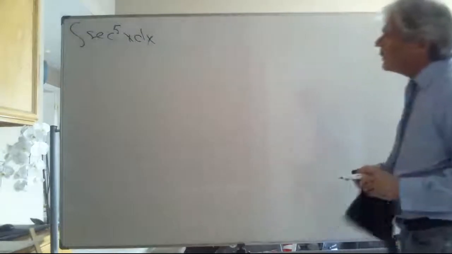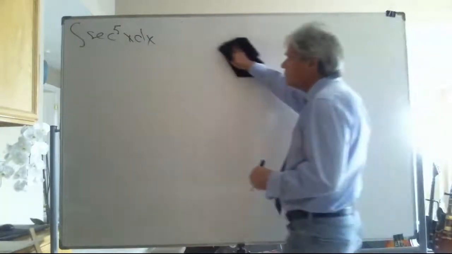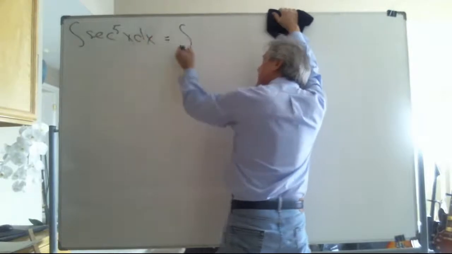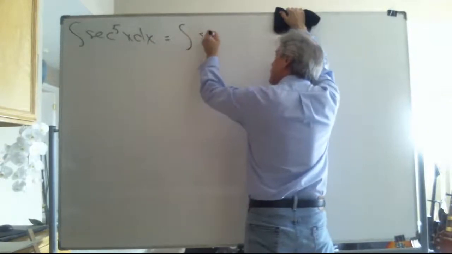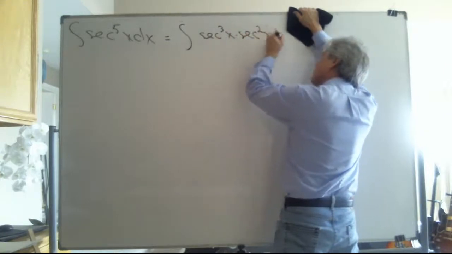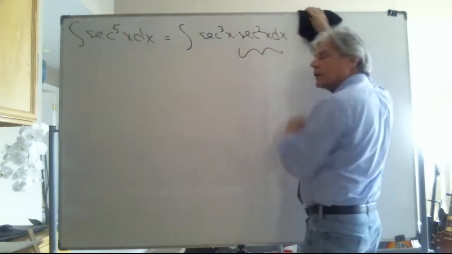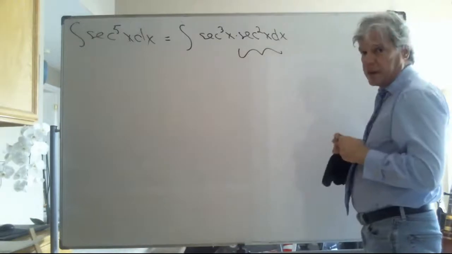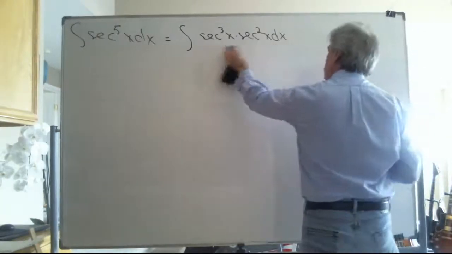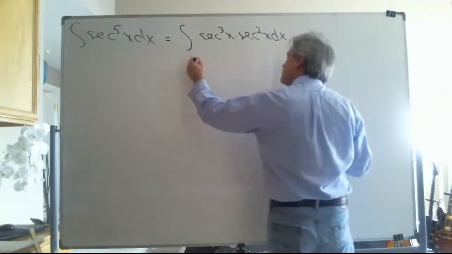How about another application of integration by parts? Now, when I look at this integral, I notice if I split that integrand up into the product of these two factors, that kind of looks nice. I can anti-differentiate that, and I can differentiate that factor. Kind of suggests that I should play this game,